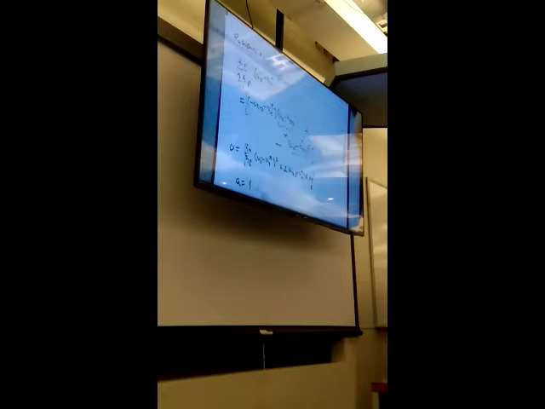A is 1, B is 2 times (VDD plus V threshold P), and C is equal to, can make it minus VDD plus V threshold P